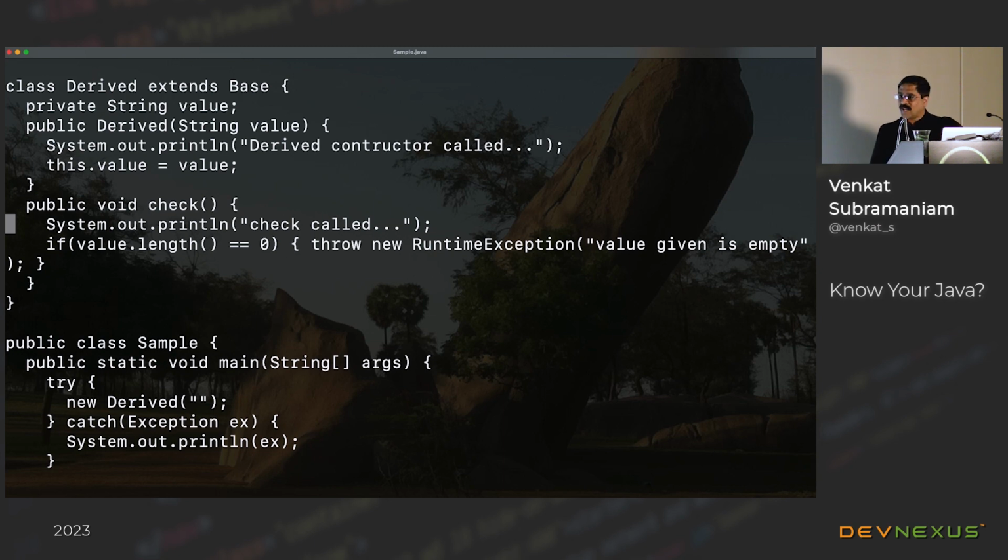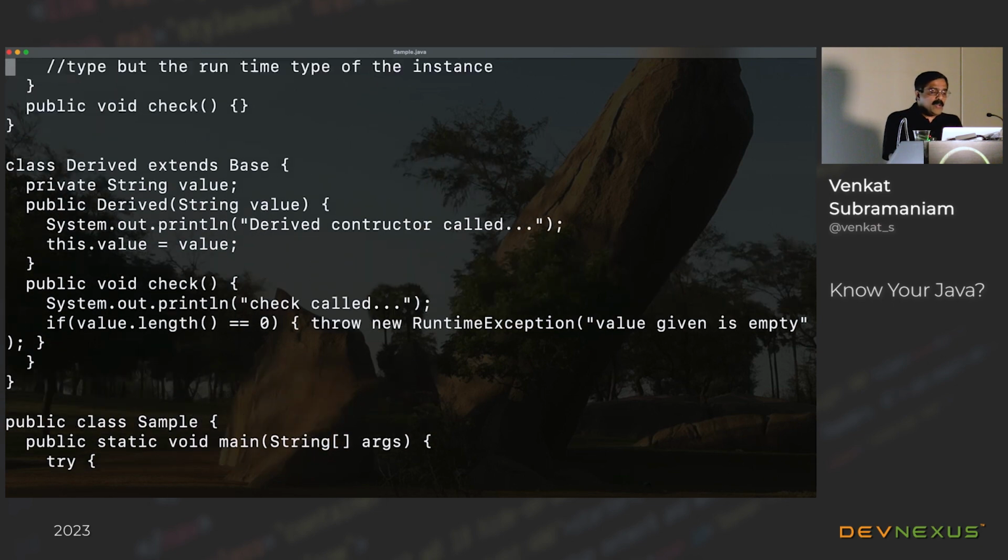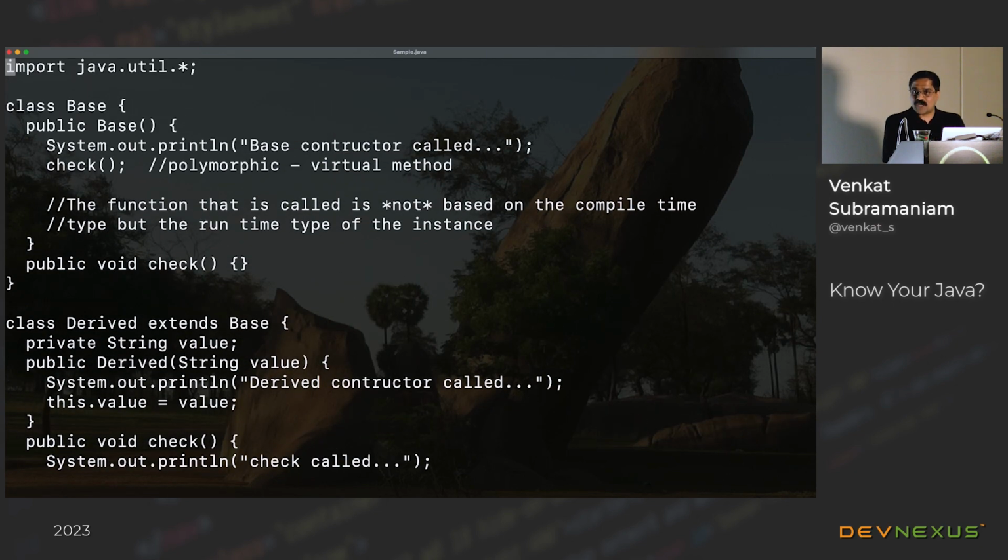Because one of the invariants you need to honor is that a function in an object is never called before it's fully constructed. So this is breaching the invariant by calling a method on the object before the constructor is executed, and that's really, really a terrible thing to do. So that is something we have to be very careful about when it comes to how we design the code. And again, to really emphasize, there is no point in complaining here, maybe Java did something wrong, because there is no really good answer in this particular example.